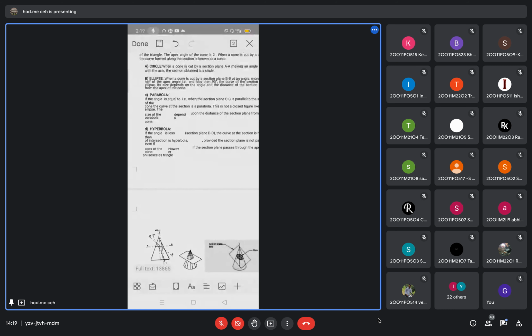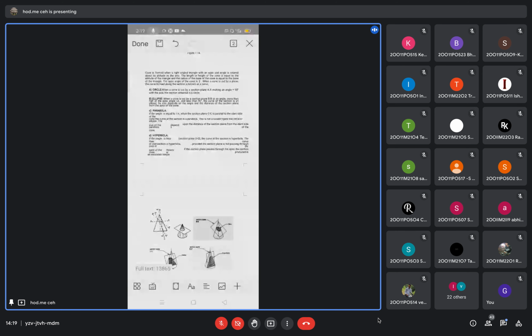Write down the points, all of you, in the notebook. These four points are very important: the circle, ellipse, parabola, and hyperbola. There are three examples, and many problems here. Write down how the conic section is cut. This is basic level. How to draw the diagram.